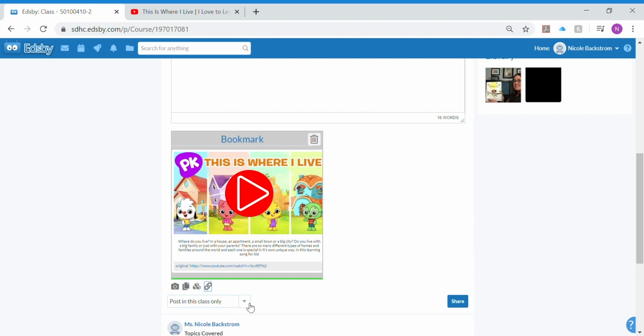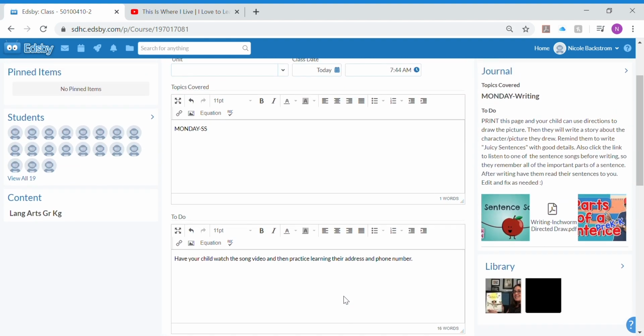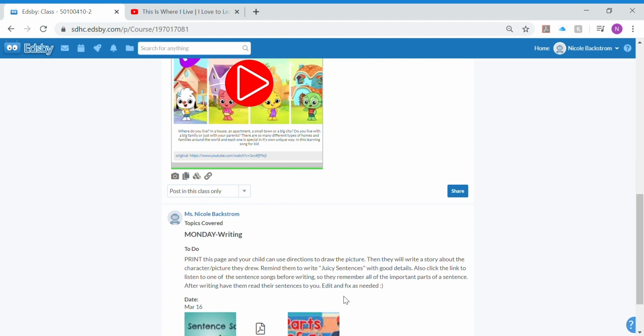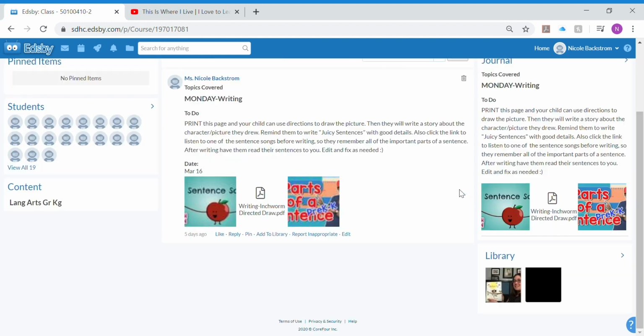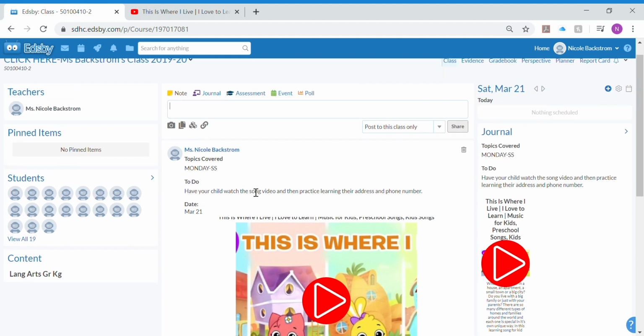Down here, it gives you options for where you want to share it. I'm just going to leave it on post to this class only because all of my things are going to be in the same area for my parents. And once I'm ready to share it out, you're just going to click the share button. And now it's going to pop up at the top of your feed, and it's going to say Monday Social Studies with the directions, and then your link is right here that they can click on